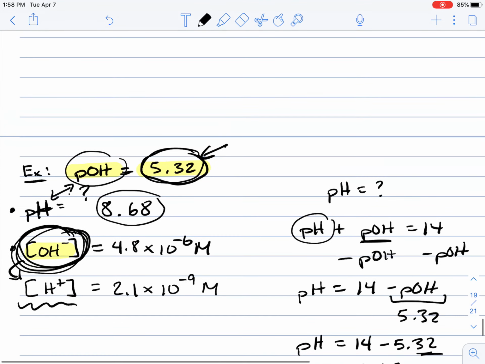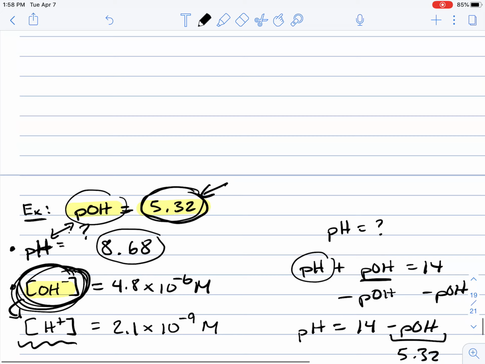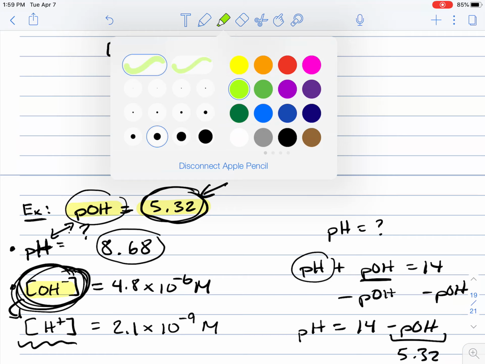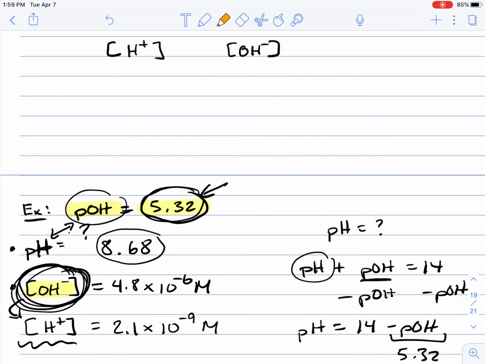Very similar to what we discussed in the previous example. What do all of these numbers tell us? What is it conveying to us as the reader? And once again, there are 3 ways to go about interpreting this data, so to speak. We can compare the concentration of hydrogen ion and hydroxide ion. And so if you look, I'm going to do this in orange. If you look at the value,